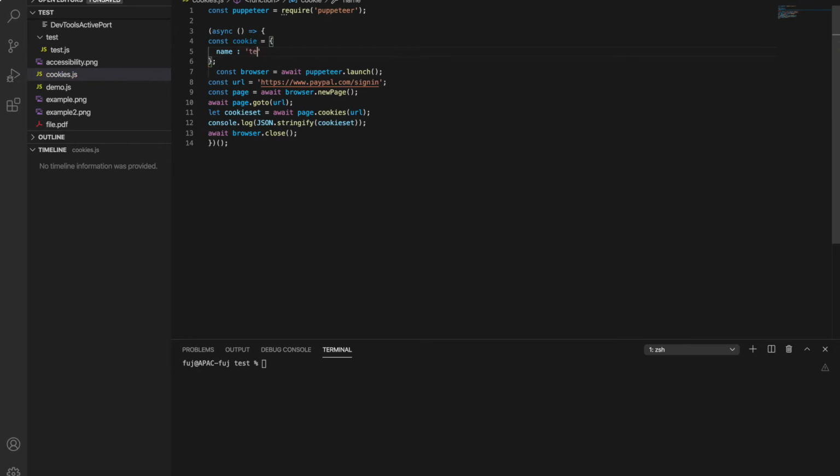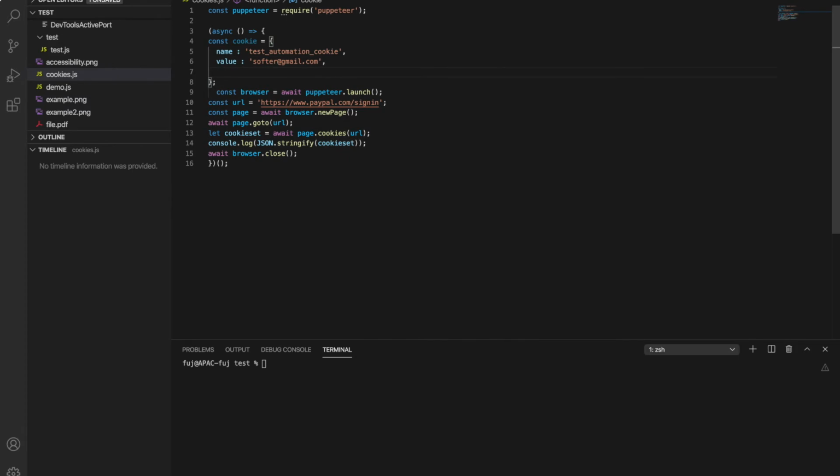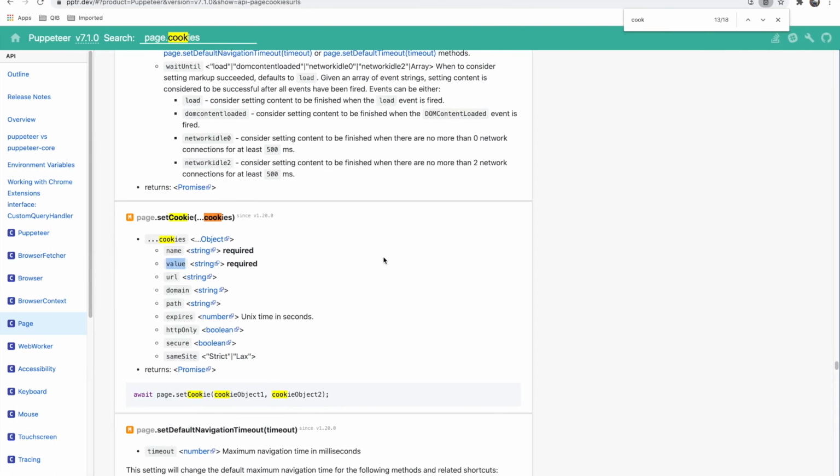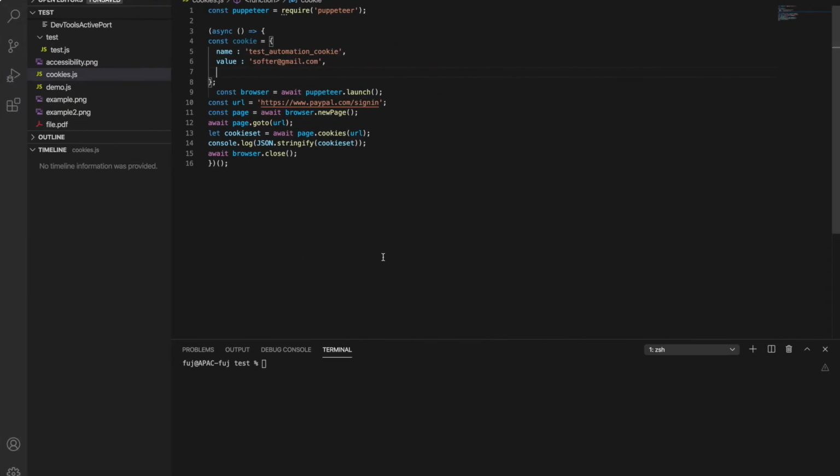So this is my test automation cookie, so we can find that, and the other parameter is value. So let's give some value. I am giving my dummy email ID, sorry, not my own, software@gmail.com. Then let's give some other parameters as well. We have domain.